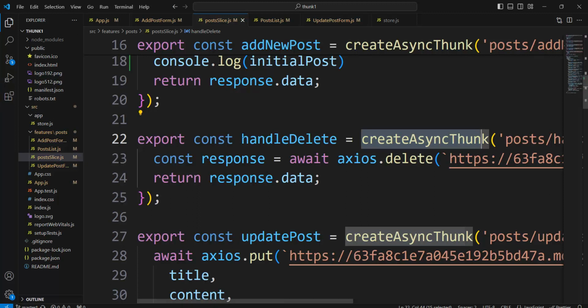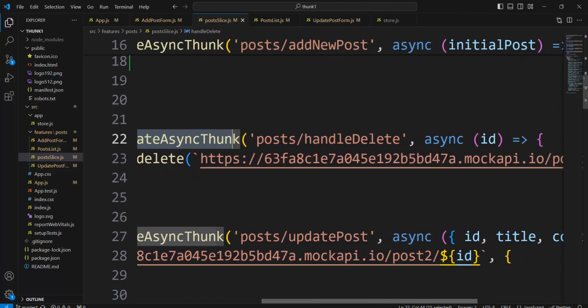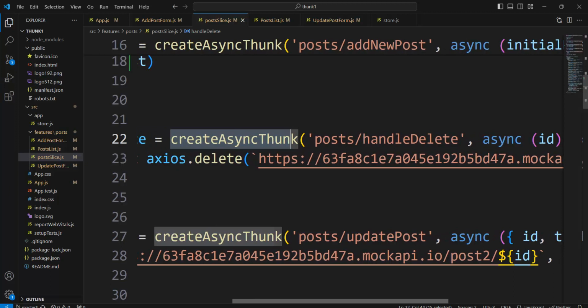And here, handleDelete is an async thunk. And that function, createAsyncThunk, comes from Redux Toolkit. It is the latest version of Redux. And that function, createAsyncThunk,